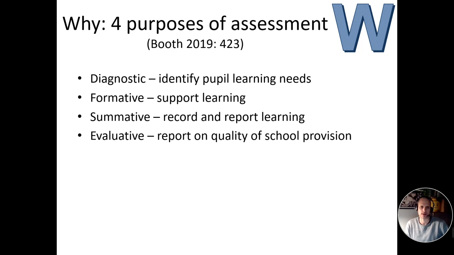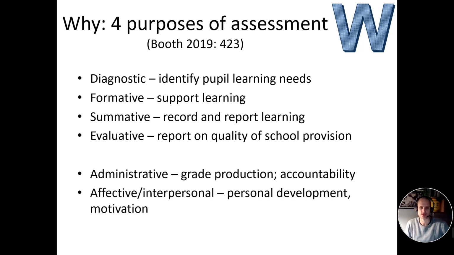Formative, under this definition, is all about supporting learning, whereas summative is all about recording and reporting learning, what I would call certifying learning. There are also some others that I might add to this: administrative, about accountability and grade production, and also assessment can provide motivation. So there are affective and interpersonal factors that I think are potentially missed, might come under formative, perhaps, in that breakdown.